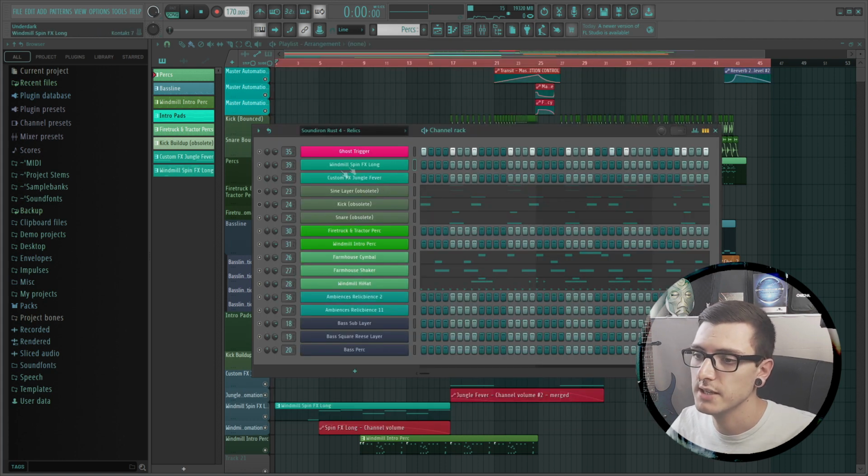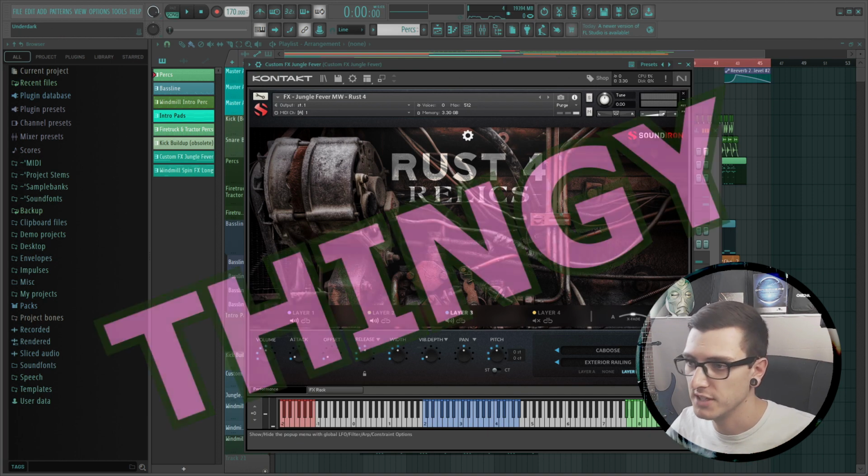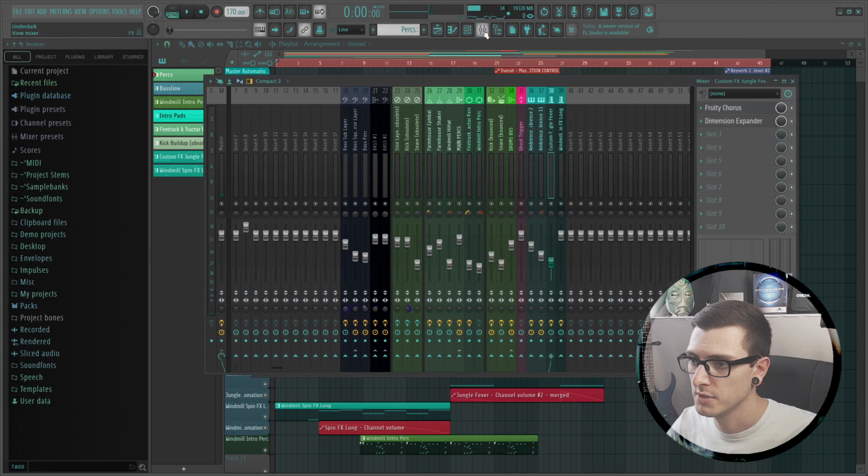The next thing is the custom FX preset called Jungle Fever. And I thought this was perfect for some kind of drop noise kind of thingy. Yeah, this is what it sounds like. Again, this just has a lot of chorus and dimension expander, just to widen that stuff. But normally it would sound like this. Pretty cool on its own. Kind of reminds me of